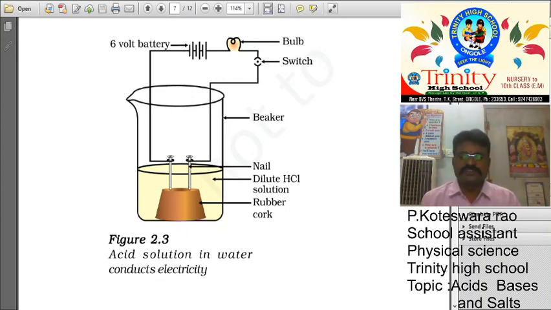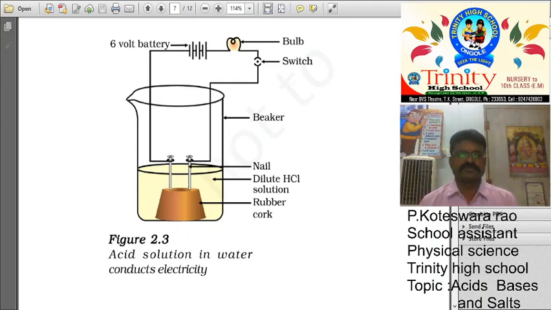So what about the first two? Glucose and alcohol contain OH, but they do not exhibit it as OH minus. In students also, all of you have some internal energy, but it is not exhibited properly. Those who exhibit it properly will get success. Similarly here, the first two do not produce OH minus, but NaOH and Ca(OH)2 are able to produce OH minus ions. That's why the bulb is glowing only with NaOH and Ca(OH)2.